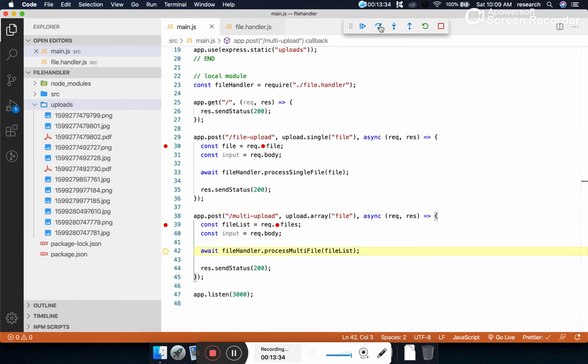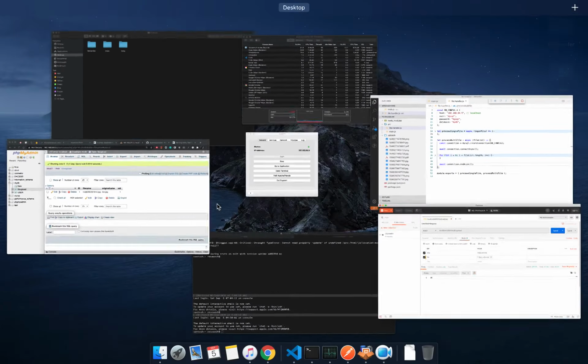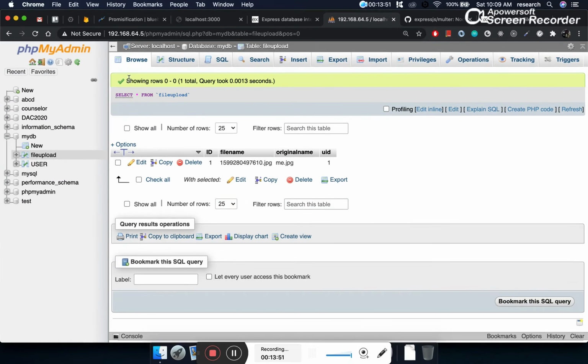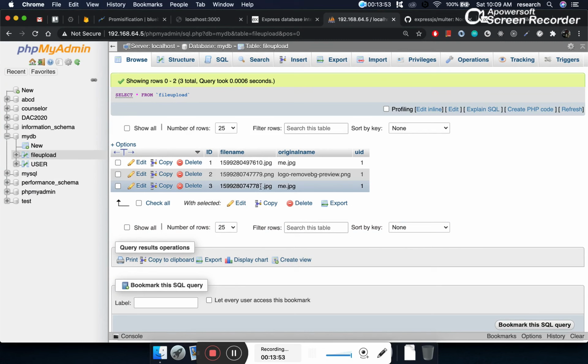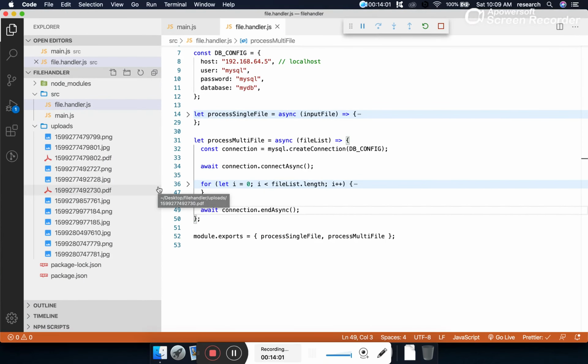And now we come here, now we can go inside this method to process all these files. Let's wait for this. If the connection is successful, if everything is successful, there will be 2 entries here. Let's refresh this page. Now you can see there are 2 entries. So what we have done, now we are processing our single file upload and multiple file upload,